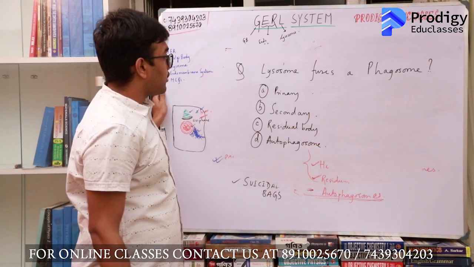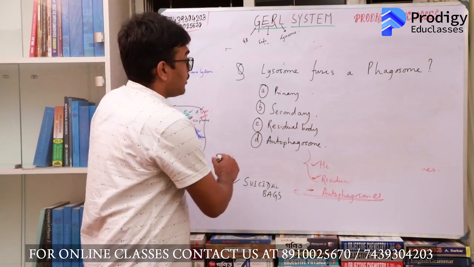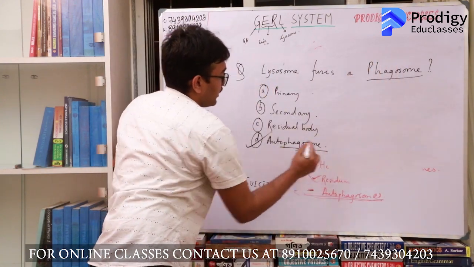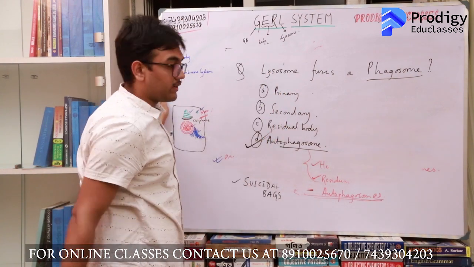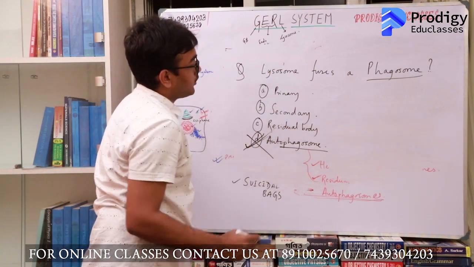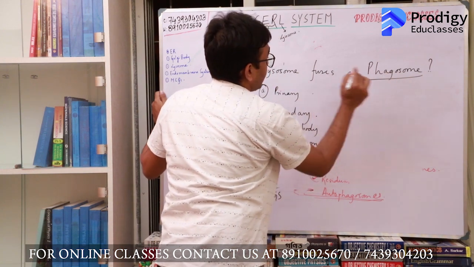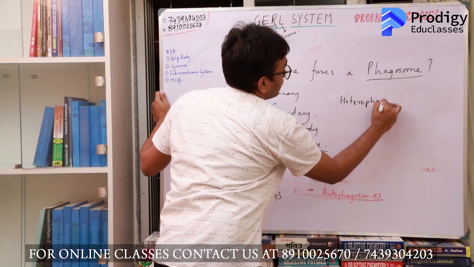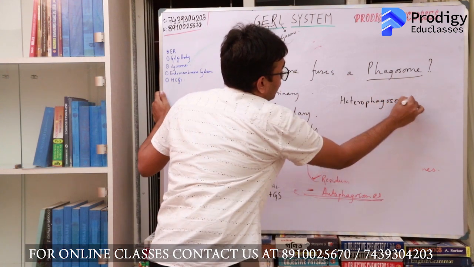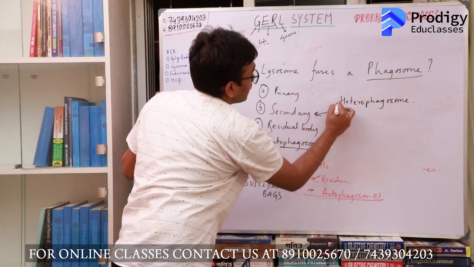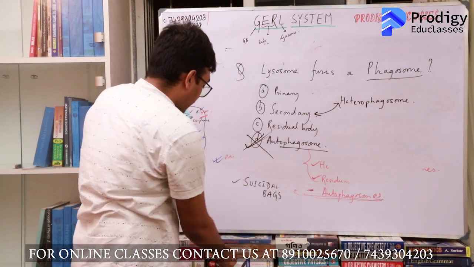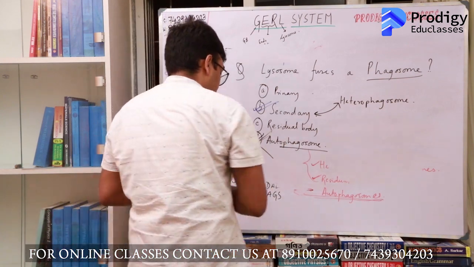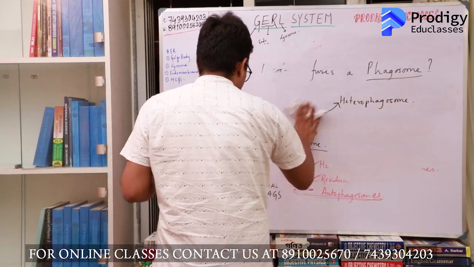If you haven't read Golgi lysosome properly, you'll tend to answer this because you'll look at phagosome and you'll see phagosome over here and you'll tend to take this answer. But that will be a wrong answer. If you remember that when a lysosome fuses with phagosome, it is called a heterophagosome. Heterophagosome and secondary lysosomes are synonyms. So the correct answer to this question will be a secondary lysosome. Okay. Next, coming to the next question.